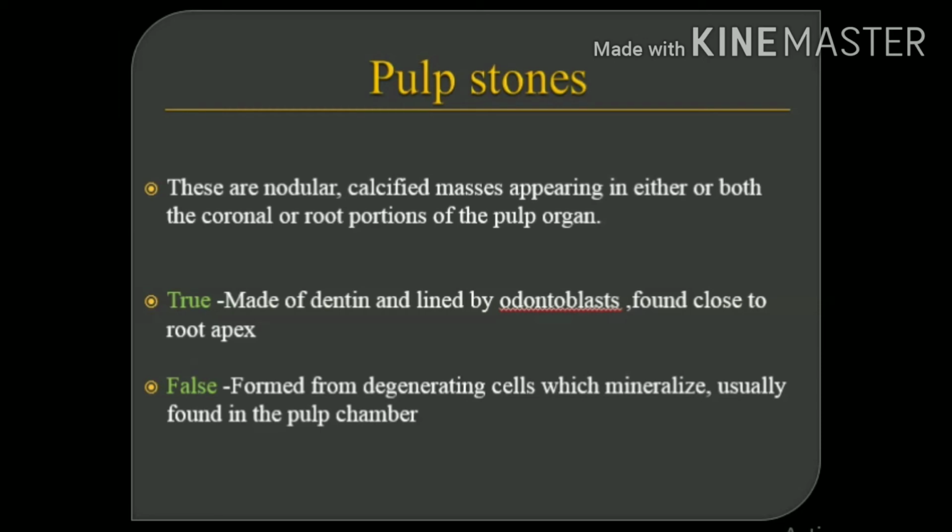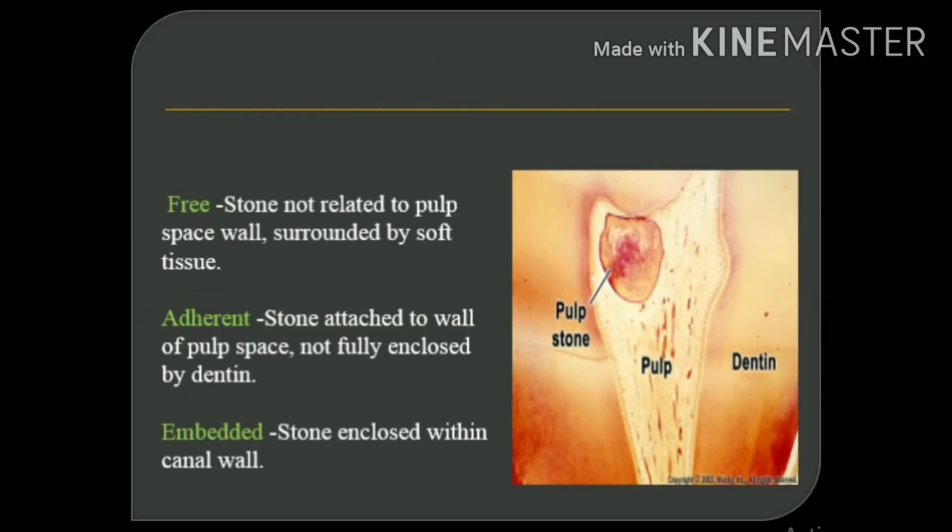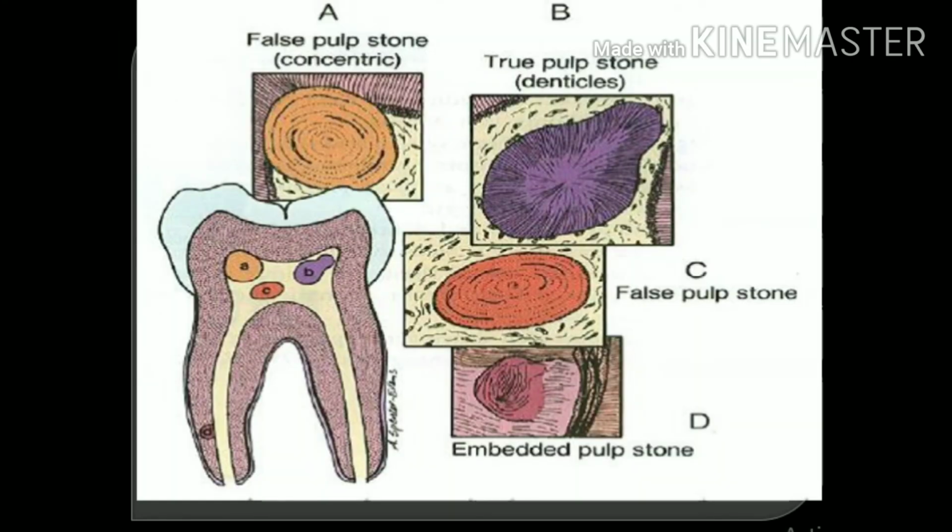Now they can be free, adherent, or embedded. Free means freely in the pulp space. It is not related to any wall of the pulp. It is surrounded by soft tissue only. Adherent means it will be adherent to the dentin. It is attached to the wall of the pulp space, but it is not fully enclosed within the dentin. And embedded is completely enclosed within the walls, within the dentin. So they are false, they are calcifications, they are true, they are lined by odontoblasts, and they can be free,